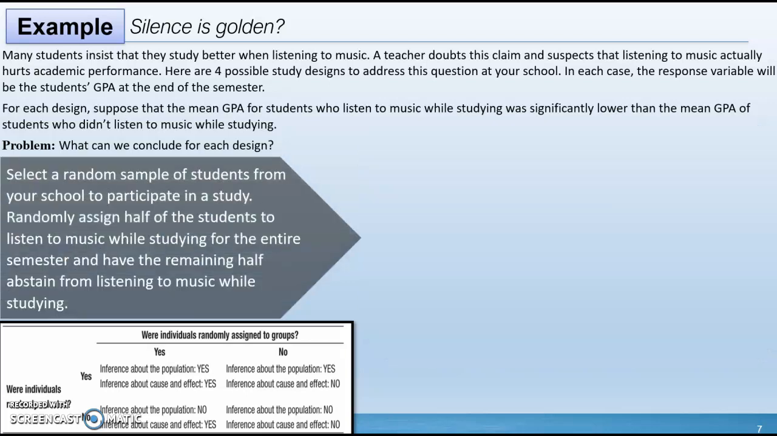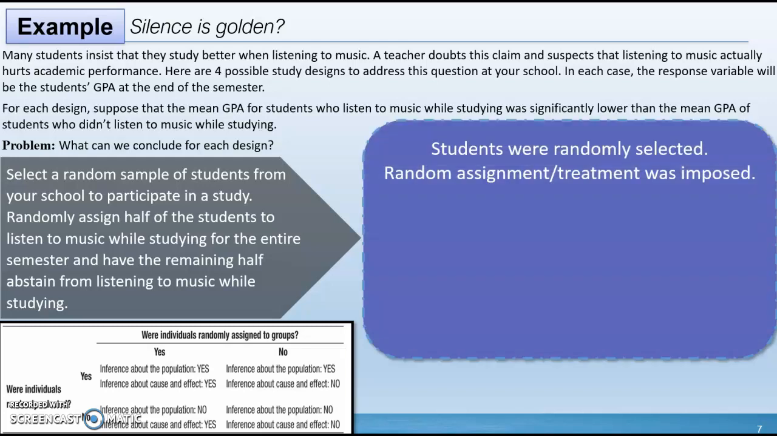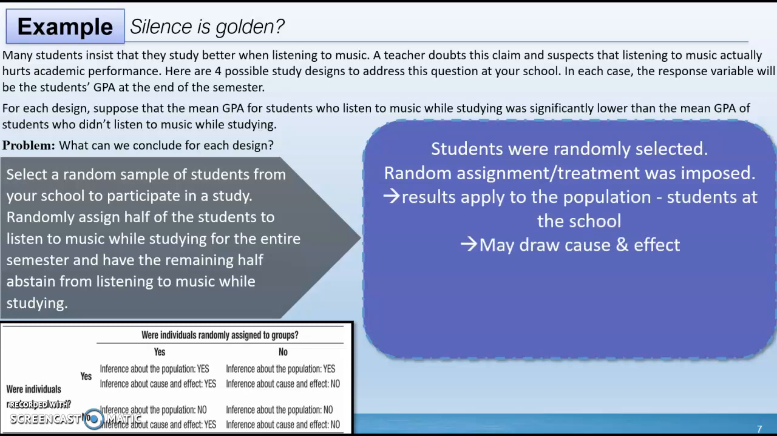Next, we have select a random sample of students from your school to participate in a study, randomly assign half the students to listen to music while studying for the entire semester, and have the remaining half abstain from listening to music while studying. This time, the students were randomly selected and random assignment was imposed. This time, the results will apply to the whole population, which is our students at the school, and we can